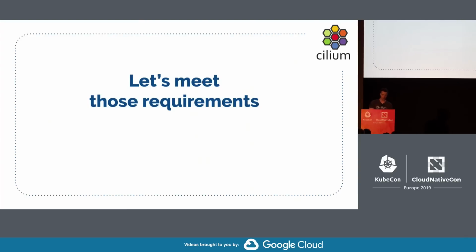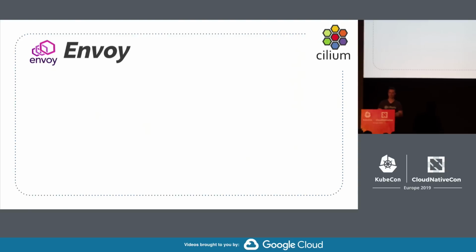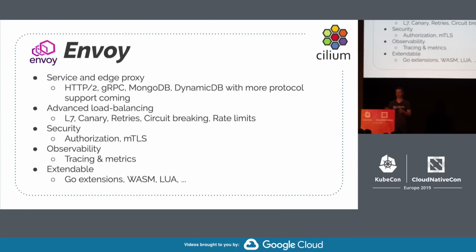So let's meet those requirements. This is where we dig into some of the components to figure out what they do specifically. The first and biggest component we need is Envoy. Envoy is a service and edge proxy, and I think many of you have heard about this either for a while or at this KubeCon. It has understanding of layer 7 protocols. It can also do TCP or L4 mode only, but the primary purpose of Envoy is to act as a proxy and to understand application protocols and then perform various services or functions, such as advanced load balancing,